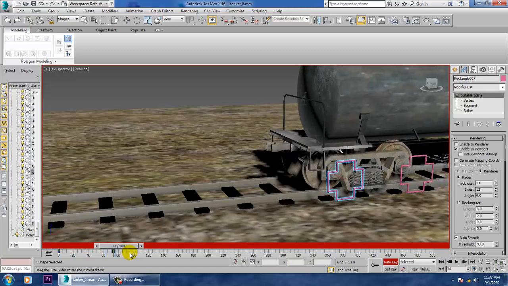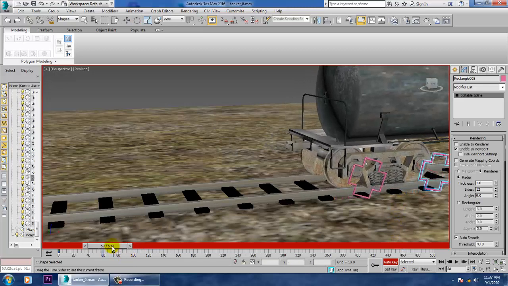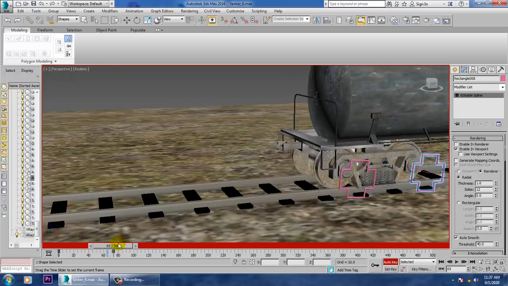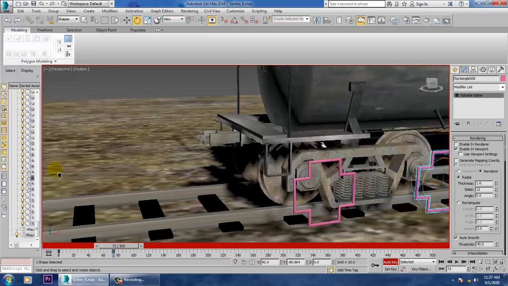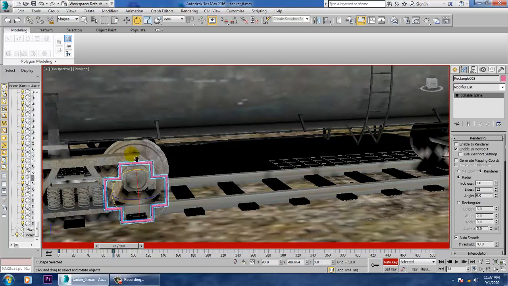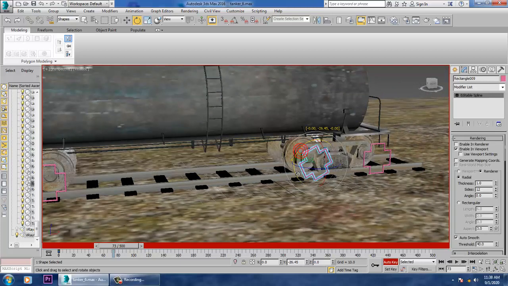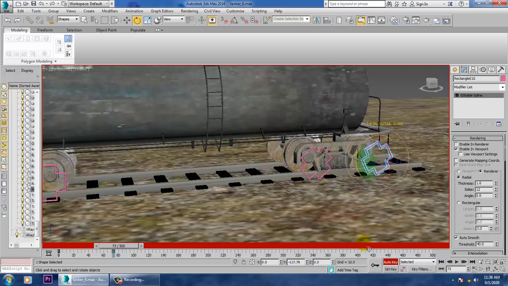Now again go to frame 80, select this and rotate it. Till 80 or 74, 73, whatever frames there are, we are just going to animate this, again select and animate this in this way.